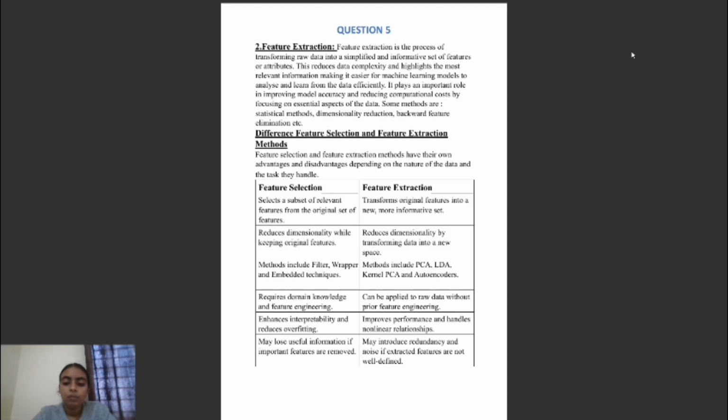The second major approach is feature extraction. Unlike feature selection, feature extraction does not choose existing features. Instead, it transforms the original features into a new set of meaningful features. The goal is to compress information from multiple features into fewer, more informative components. Feature extraction is extremely powerful when the dataset is complex or has nonlinear patterns. Some of the most popular feature extraction techniques include: